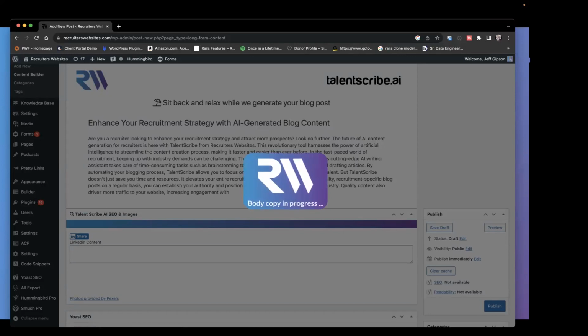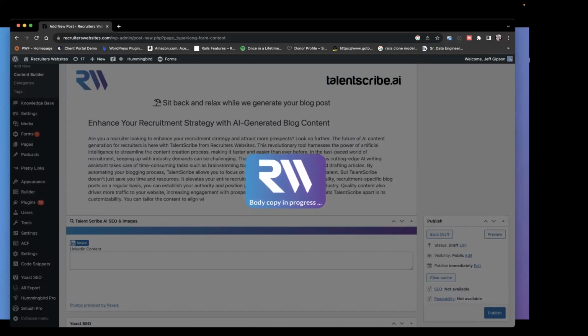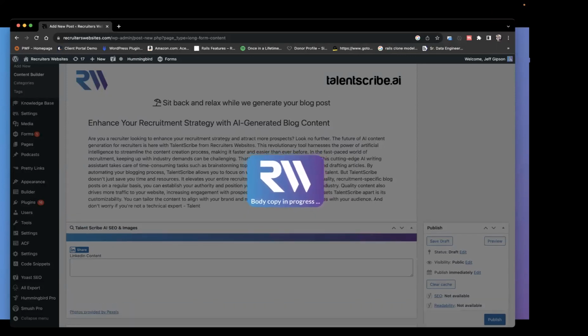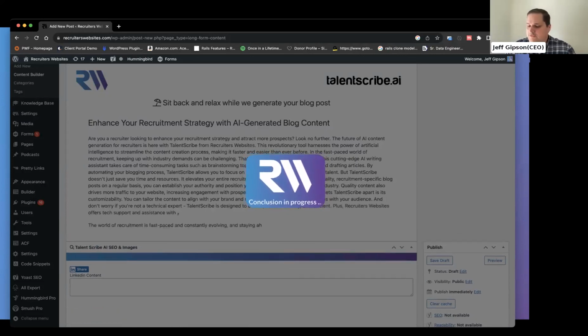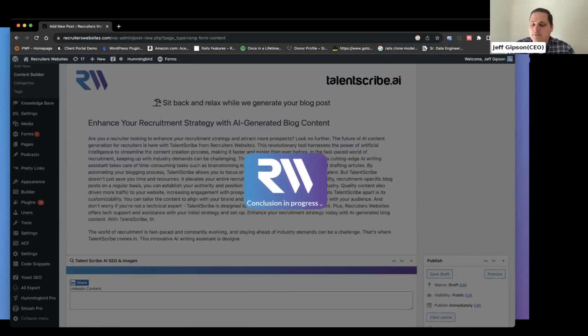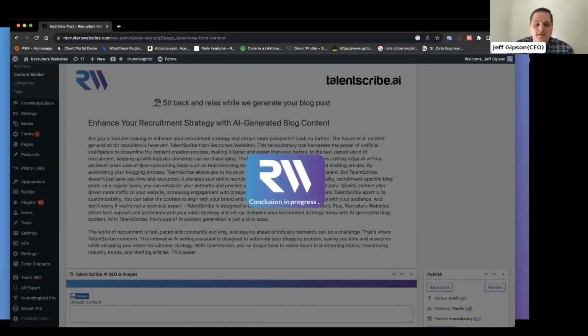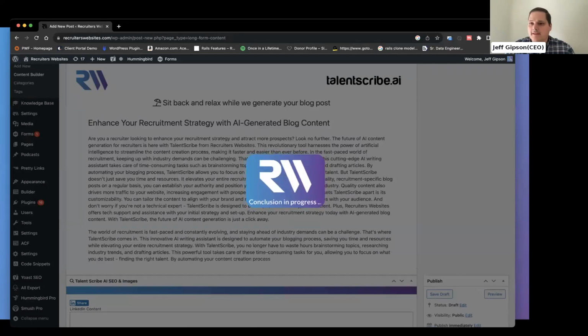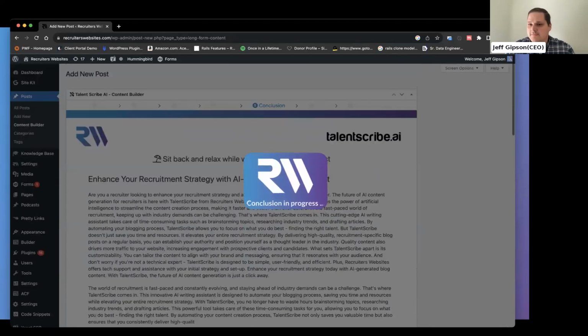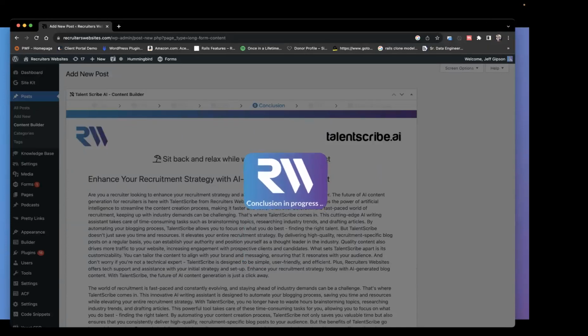Next question. Did you say this is also helpful for writing job postings or mainly for blogs to attract clients and customers? Yeah. So if you're using WP Job Board or WP Job Manager, popular WordPress job board plugins, we have a mechanism that hooks right into those and will help you write job descriptions. So it was created to write blogs, but it has the same technology on the back end to help you rewrite job descriptions too. It's just an added bonus there.